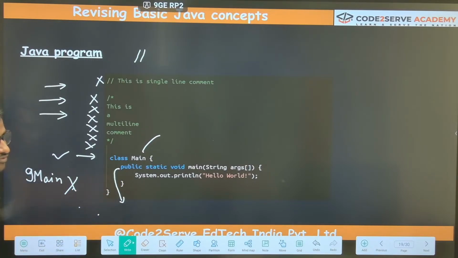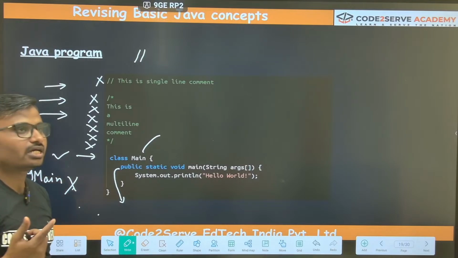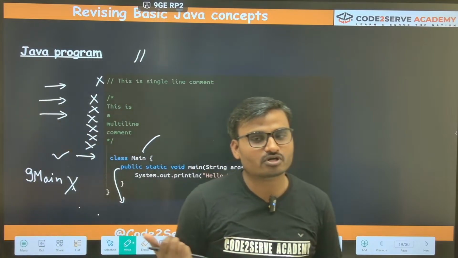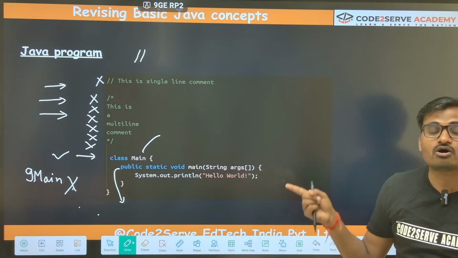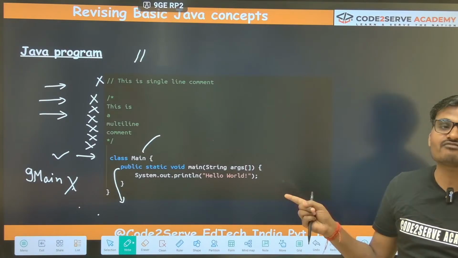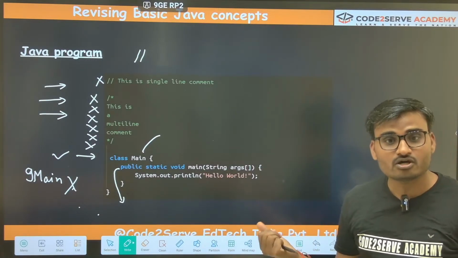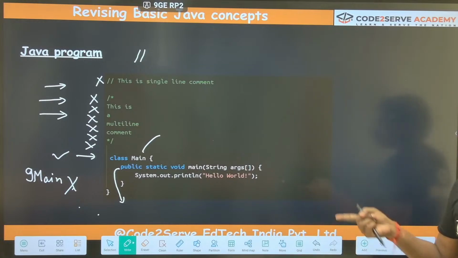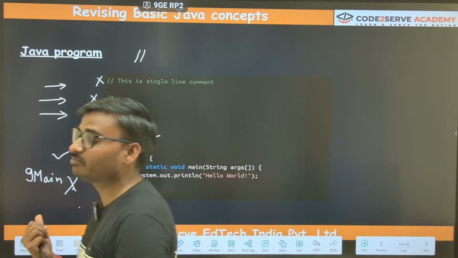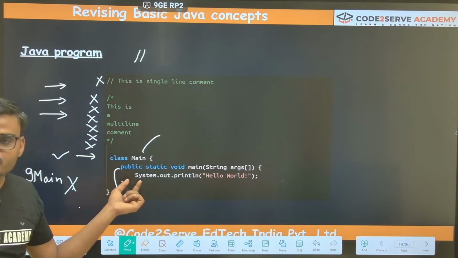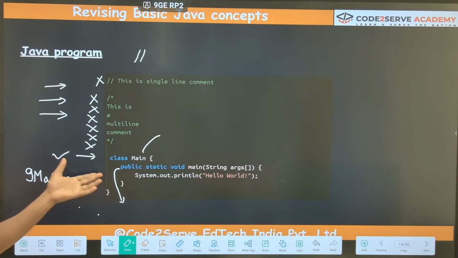We'll be covering it in the later section of your class 10 syllabus. This is basically an access specifier or access modifier. So this basically gives the concept of visibility. If we are writing public here, that means anyone can access this.